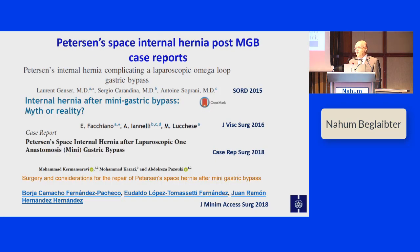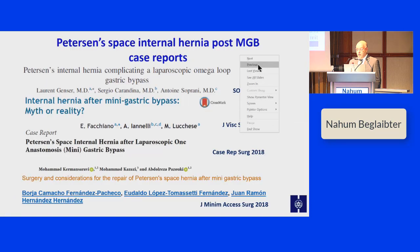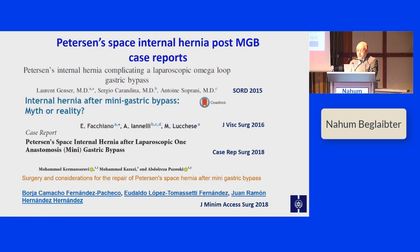But I looked at it, and I must tell you, I want to go back to my experience of almost 200 mini bypasses. We had bleedings, we had ulcers, we had even one gastric fistula, but we didn't have any small bowel obstruction. And when you go to the literature, you can find only four case reports. This is 1, 2, 3, 4 in the English literature, not anymore, of